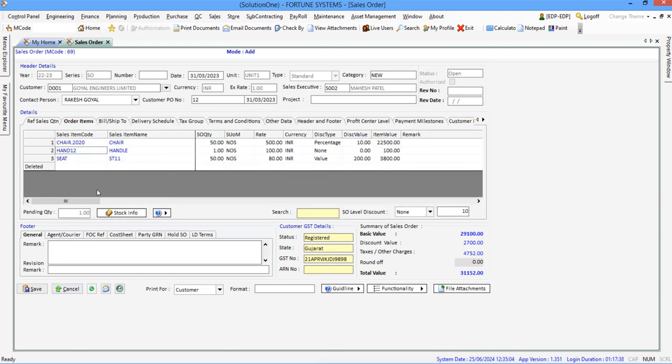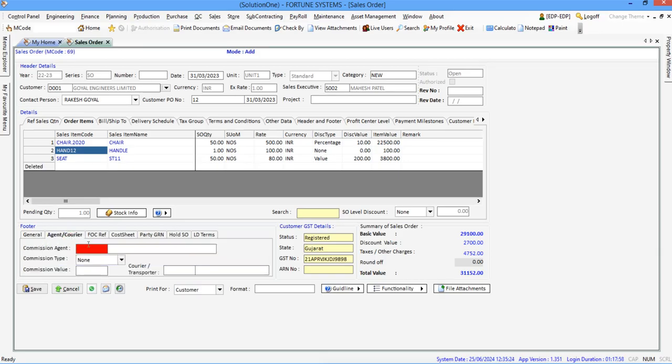So as you select none, the discount table will be 0. Remark, if you want to mention any remark, then you can. Mention agent: in some companies agents are working in this sales order. So is there any agent involvement in this order or not? Okay, now